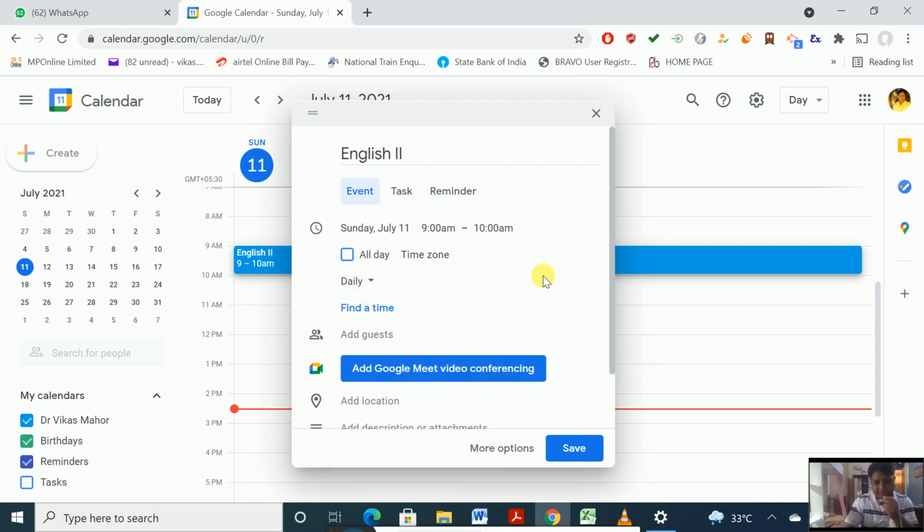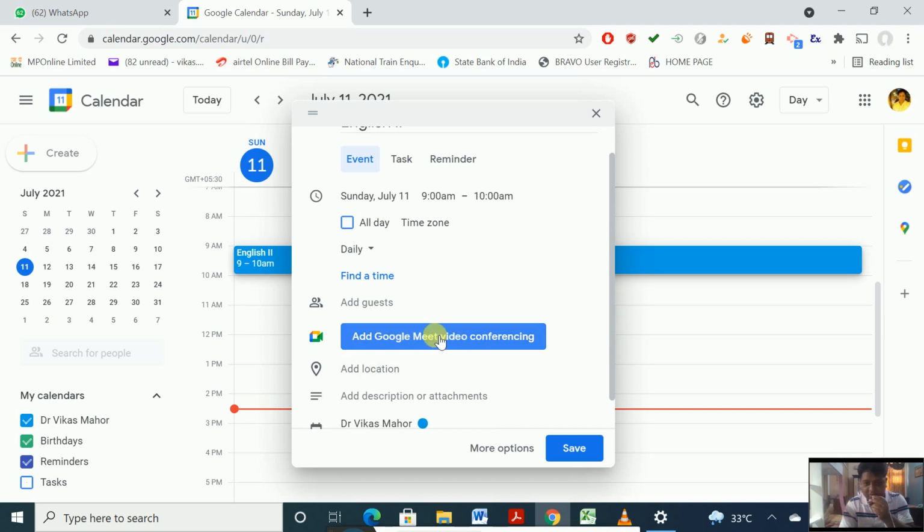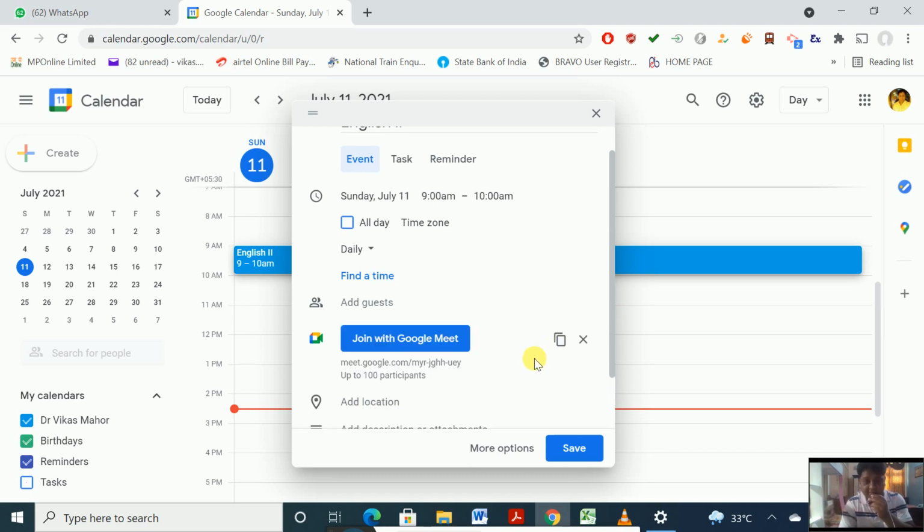Of course you can skip Sunday, Saturday, whenever you want, but this calendar will remind you on your mobile also that you have a class at 9 a.m. This is important. You just need to click this button, add Google Meet video. So again we are going to Google Meet, but from Google Calendar. Just click on add Google Meet.